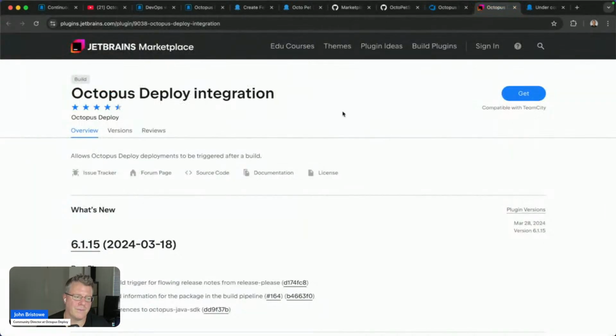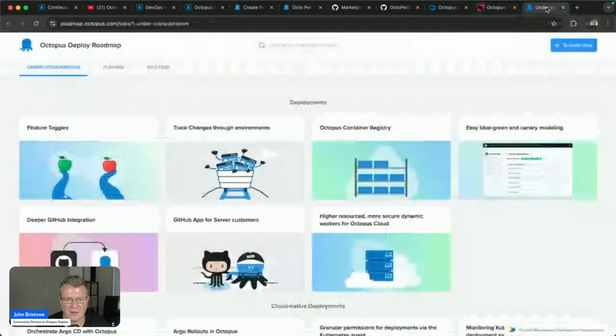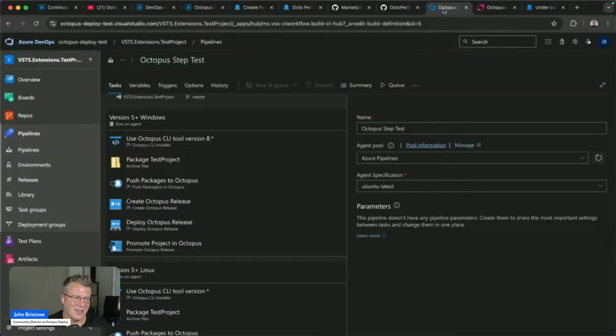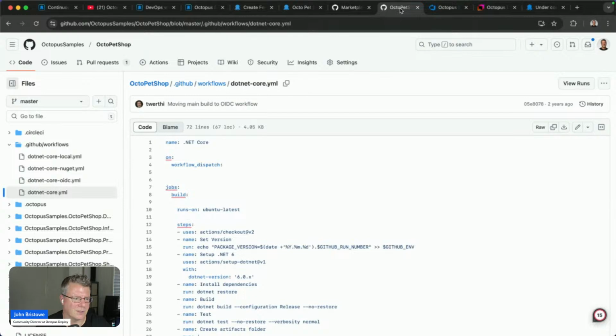We are the #1 integration listed on the JetBrains marketplace for TeamCity. So TeamCity integration is first class as well, and we are the number one plugin there. And of course, I didn't mention it here, I was going to mention Jenkins, BuildKite. There's a bunch of other examples we have. If you've got a CI process or a build tool, chances are we built an integration with it. So you can certainly use it there and use it in concert with your deployment processes, which is great.